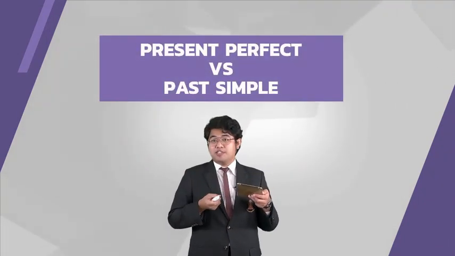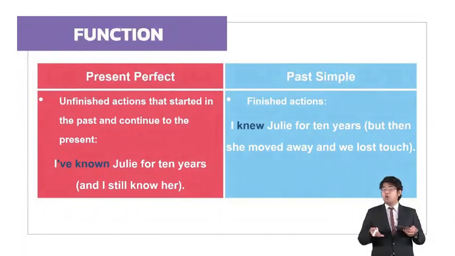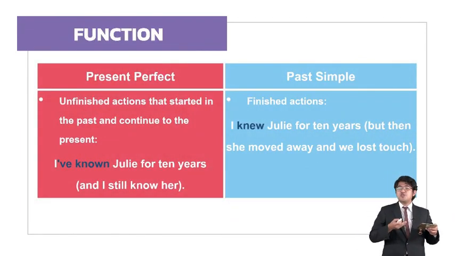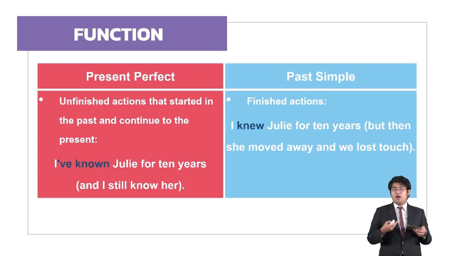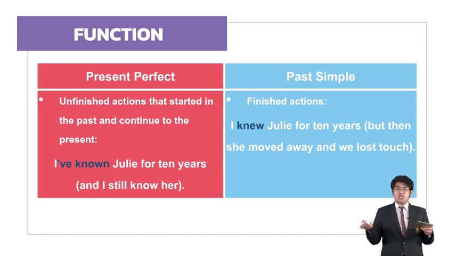Next, we will compare the function of present perfect and past simple. Okay? Let's learn together. Please look at this table between present perfect and past simple. Present perfect is used to talk about an unfinished action that started in the past and continued to the present. Please look at the example. I've known Julie for 10 years. It means that now I still know her, right? เห็นไหมครับเนี่ยรู้จัก Julie มาเป็นเวลา 10 ปีแล้ว and you can see the word for, right? For the past simple, finished actions เป็น actions ที่ทำไมครับจบไปแล้วเสร็จสิ้นไปแล้ว For example, I knew Julie for 10 years and actually she moved away and we lost touch ก็คือเราเคยรู้จักกันนะตอนนี้ไม่เจอแล้วหายไปแล้วนะครับ